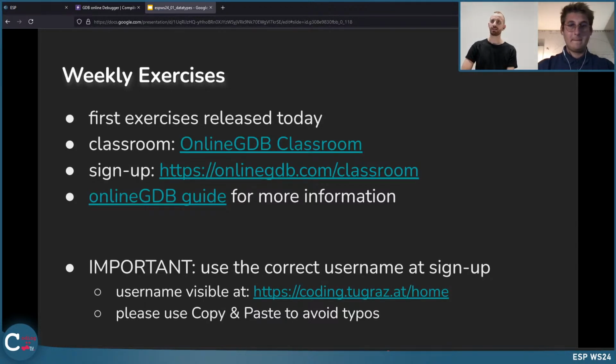Another thing is the weekly exercises. I think in the practicals you already got a good understanding of what the weekly exercises are. This is just the basics and the most important information together in one slide. If you have problems, please contact us on Discord. We will release the first weekly exercises today after the lecture. So you can focus on the lecture now, and after the lecture, at 6:15 p.m., we will publish the weekly exercises on the GDP. You have enough time, I think until the 4th of November, something like that.